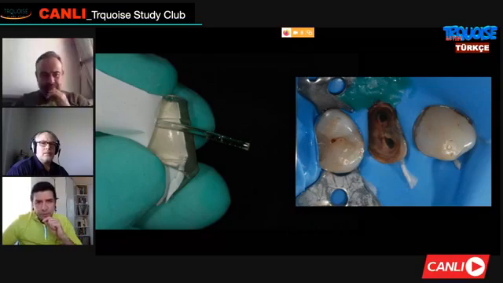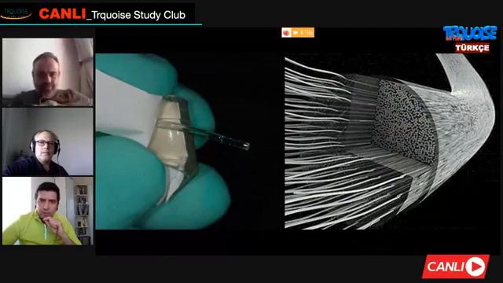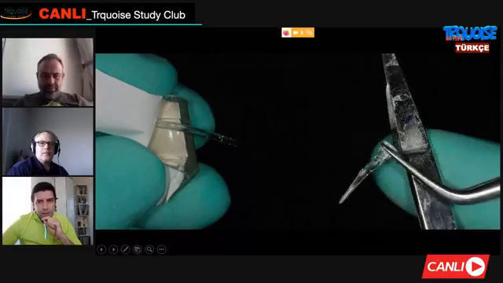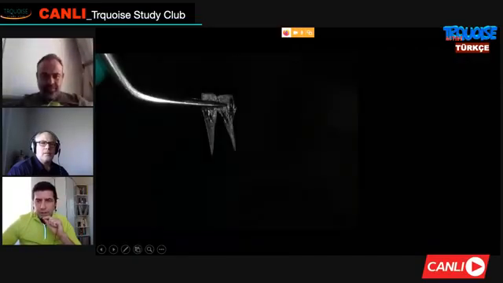It's stable. Okay, so this is the kind of post which I use now. It's called Everstick. It's distributed by GC, and it has unidirectional fibers which are pre-embedded in a partially polymerized composite core. You may feel it, it's like rubber. You can carry it with a surgical scissors and place it inside the root canals